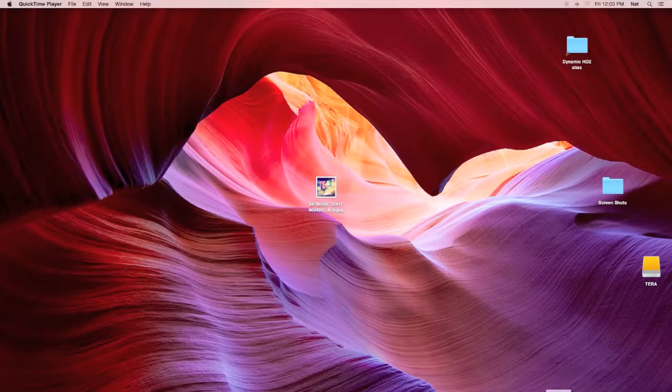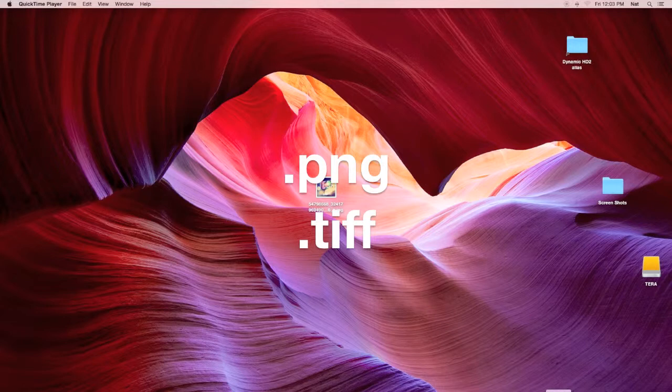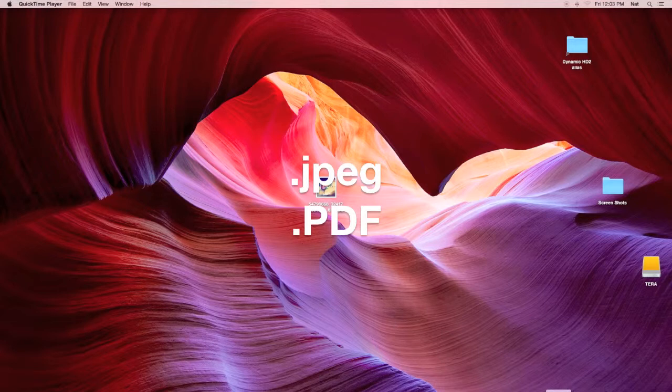Today I'm showing you how you can convert one type of image file, like a PNG or TIFF, to another type of image file, like a JPEG or a PDF. Sometimes your iOS apps save your images as one file type, but you need a different file type for a desktop application. I made this video specifically to go with my video about how to change your playlist cover on